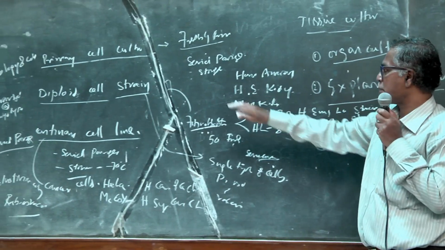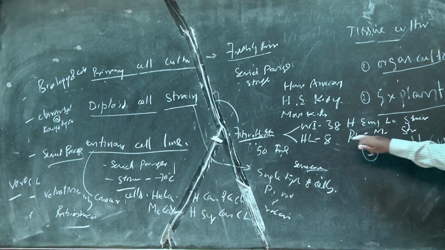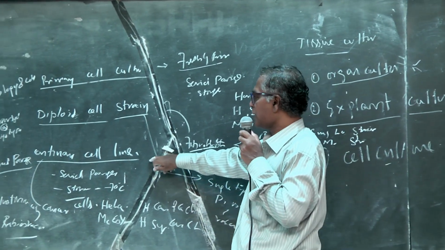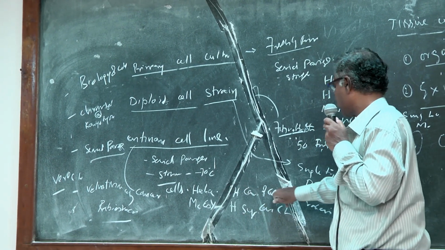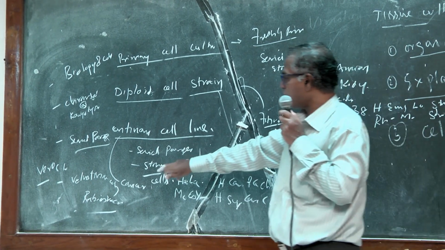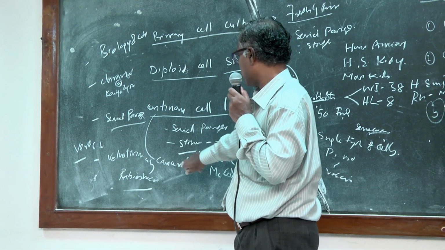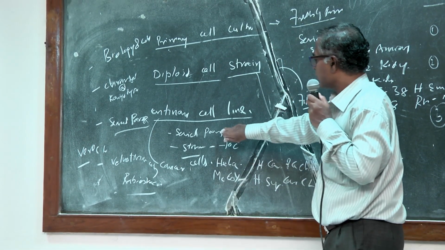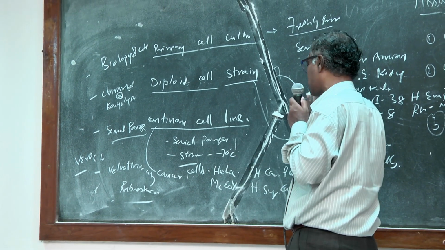Examples of diploid cell strains are the fibroblast WI-38 human embryo lung strain and the HL8 rhesus monkey strain. Next comes the continuous cell line. This is obtained from cancer cells, usually the HeLa cell line, that is, human carcinoma of cervix, or the McCoy human synovial carcinoma cell line, or the Vero cell line, a vervet monkey cell line, which helps in the development of the rabies vaccine. Here, lifetime storage is possible, and serial passage is possible for an indefinite period of time.